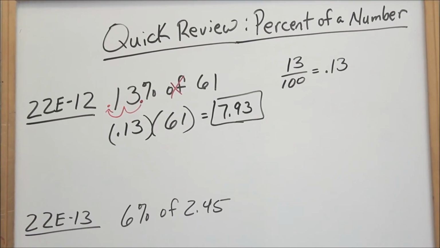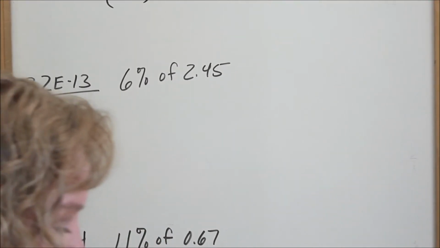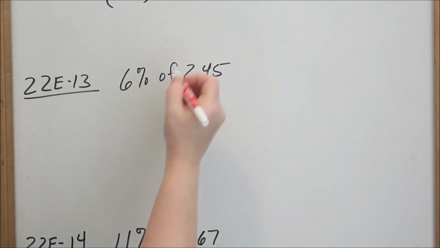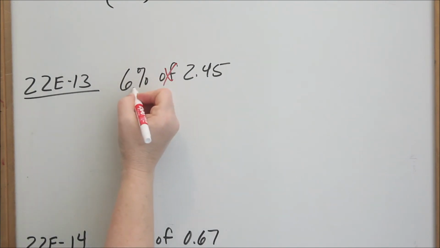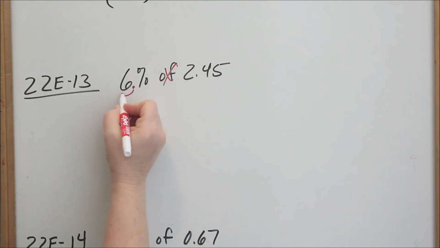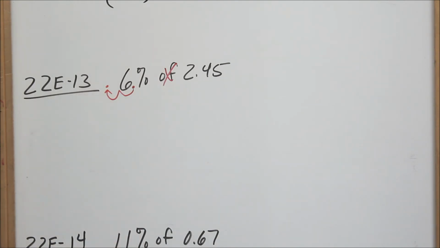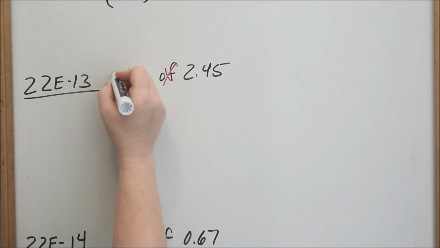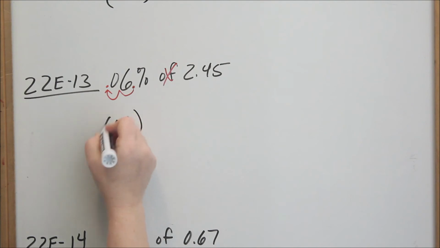Okay, let's look at 22E, number 13. 6% of 2.45. Again, of means multiply. 6%, that has to be changed into a decimal. When you change a percentage into a decimal, you are dividing by 100, which means it moves your decimal place 2 times to the left. So be careful when you have a single digit percentage. You had to put a 0 as a placeholder. That would be 0.06. Then times